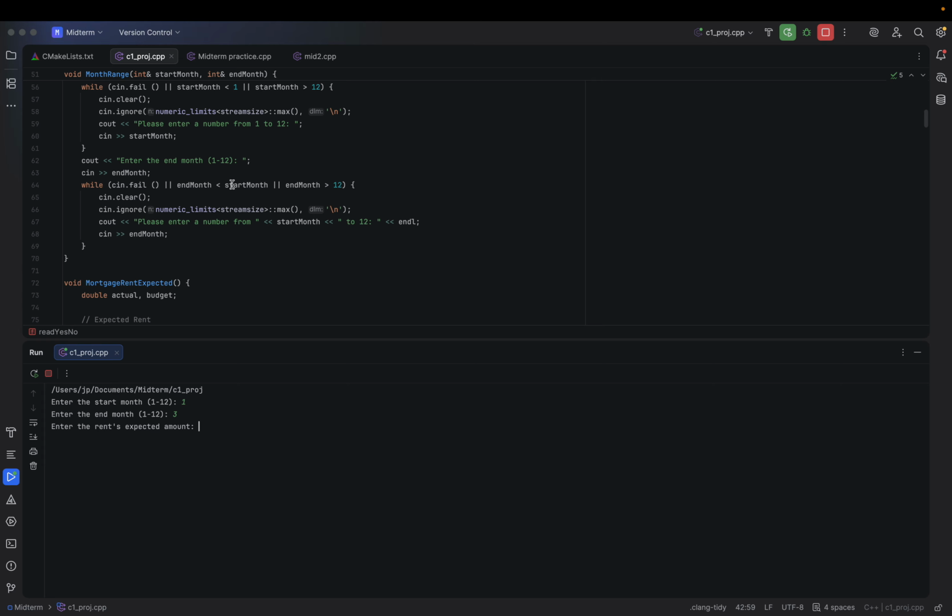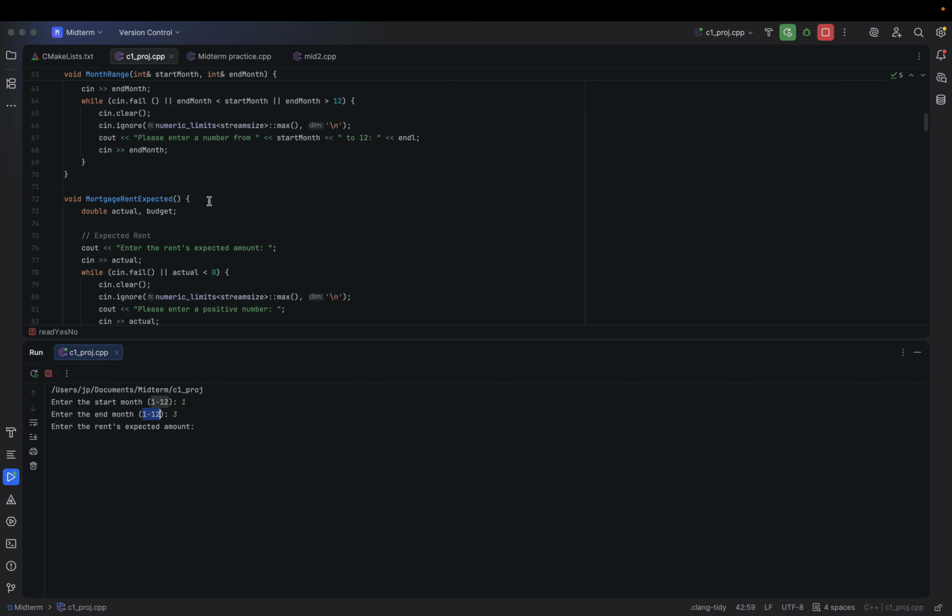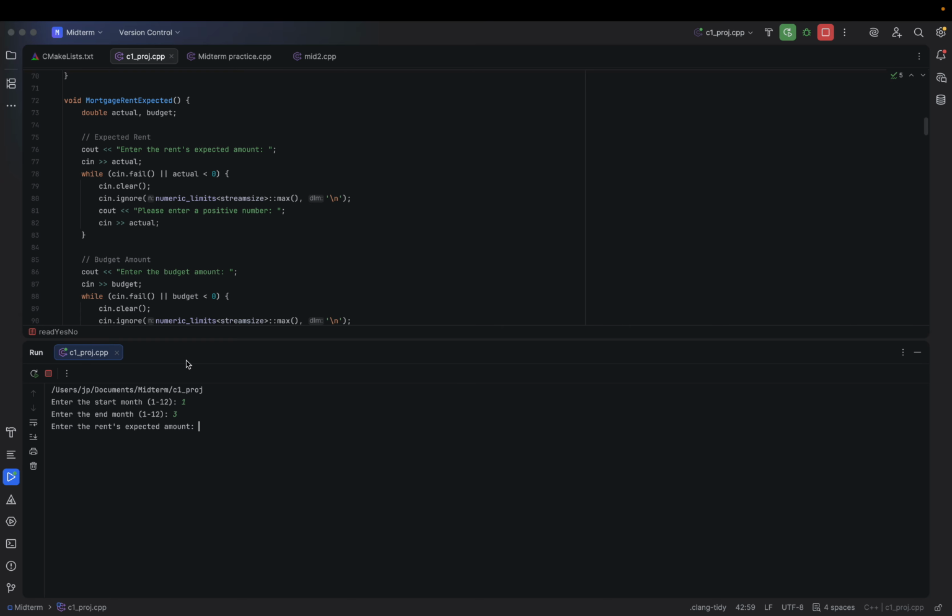So when doing the comparison, the relational expression, we have if the end month is less than the start month, or the end month is greater than 12, clear, new line, and state please enter a number from the start month. So in this case, that last example I just showed you, if I put 2 for the start month, instead of saying from 1 to 12, it'll be saying 2 to 12. And then the user will put the new value into the variable end month. And then we'll jump to the next part, which is